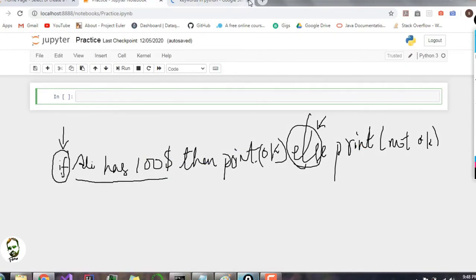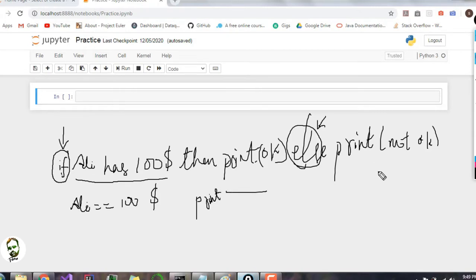Now moving that aside, if Ali has 100, meaning Ali equal to 100, then print OK. Print OK is our statement, the print statement. And this is the print not OK statement.